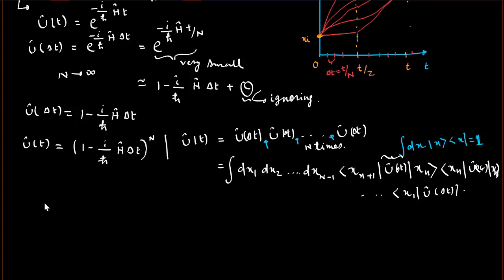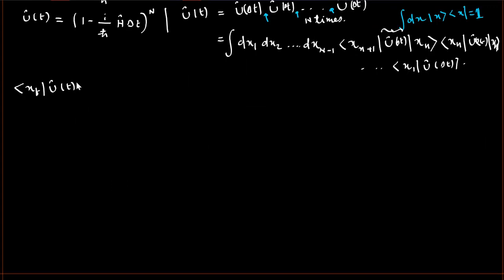Now I can write x_f u of t x_i equal to the integration d of x1 d of x2 up to d of x_{n-1}, because here all these things are the same thing, but starting from one to another I can just write in compact form, the multiplication symbol from k equal to 0 to n of x_{k+1}